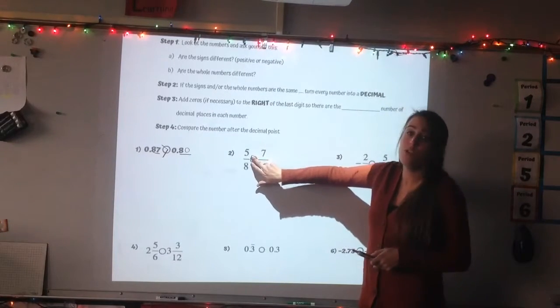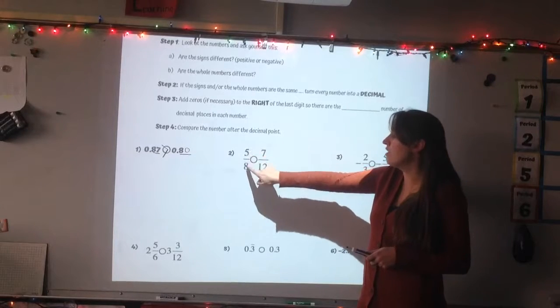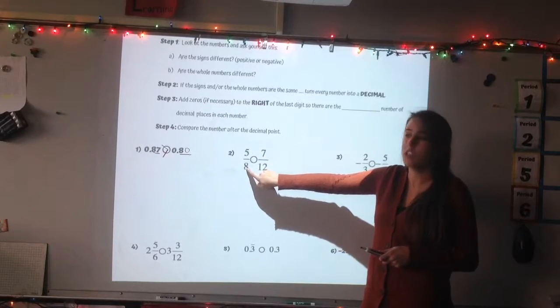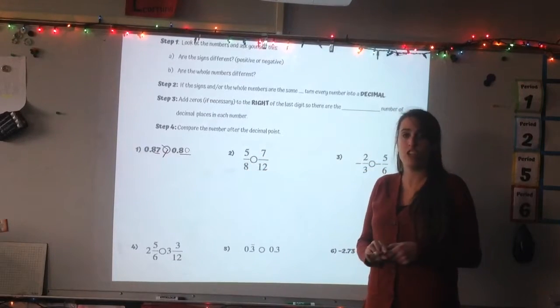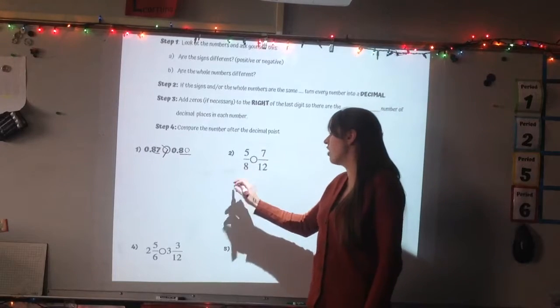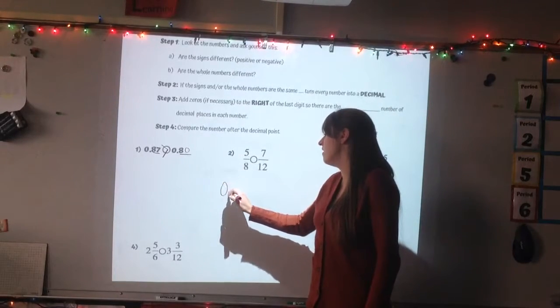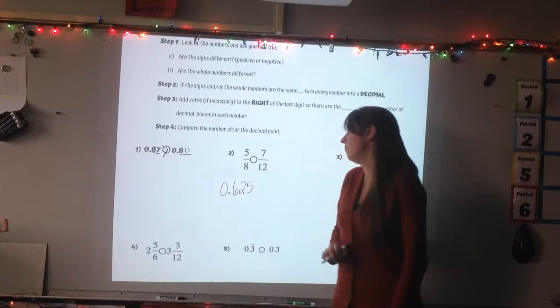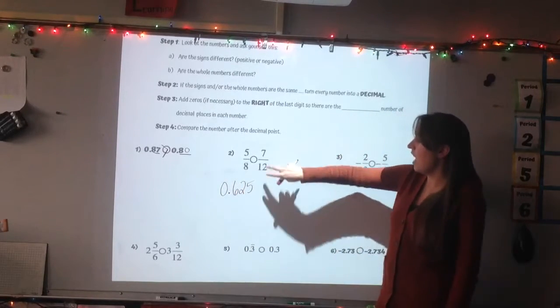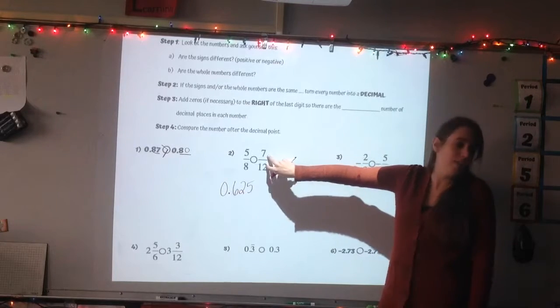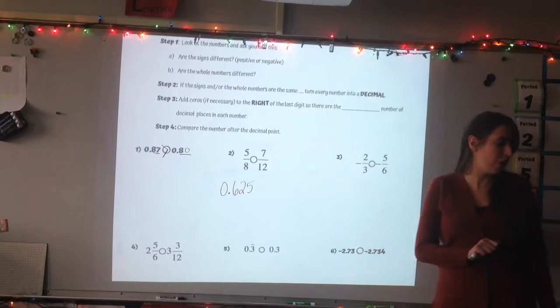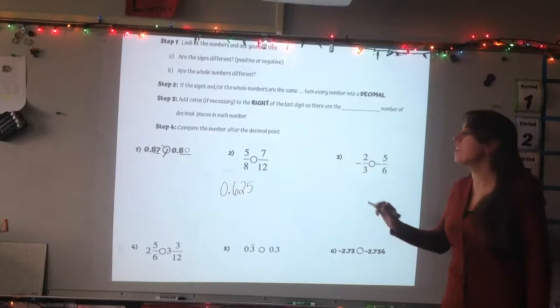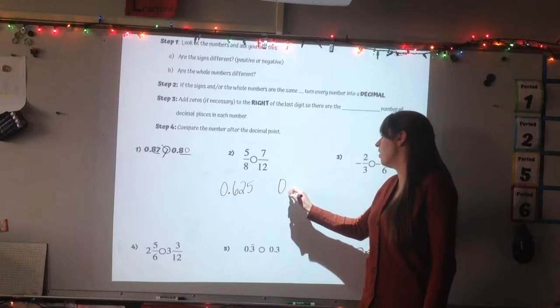Either we can use our calculator and do 5 divided by 8 to show us the conversion, or we can use our conversion chart. On the conversion chart, you're going to see that 5 eighths is 0.625, okay? And then 7 twelfths, that's not actually on our conversion chart, so I'm going to divide that, and 7 divided by 12 gives me